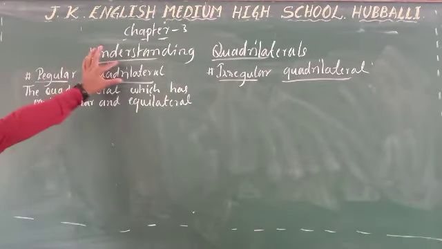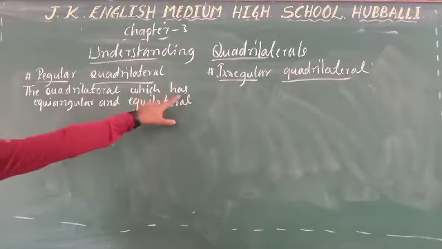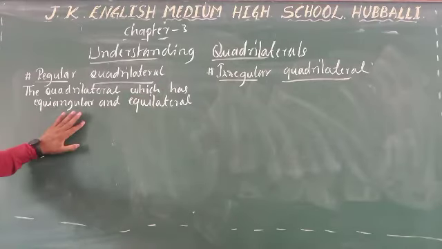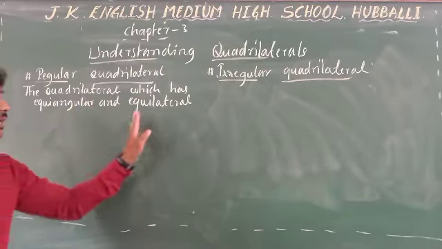Correct? So the regular quadrilateral is nothing but the quadrilateral which has equiangular, meaning the same angles, and equilateral,